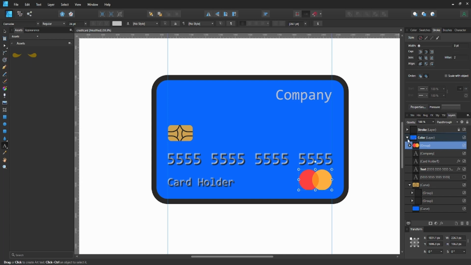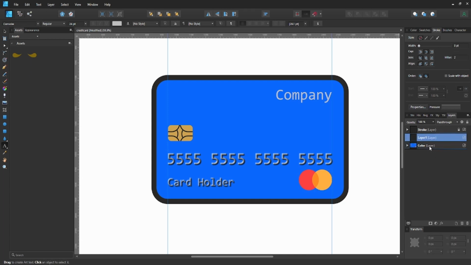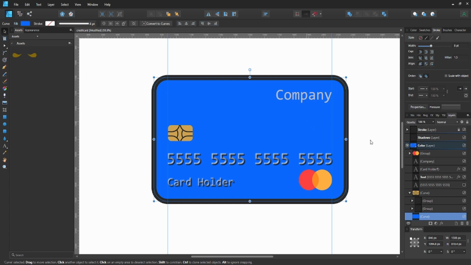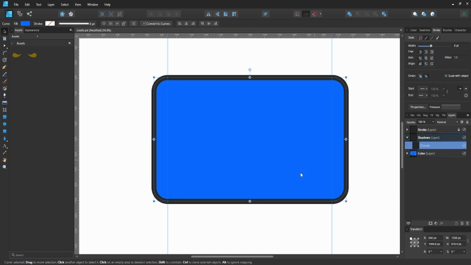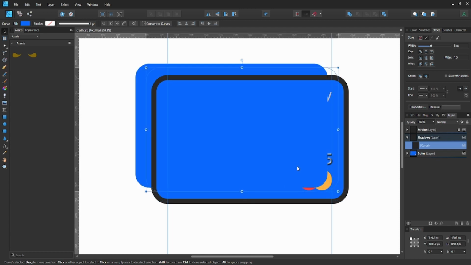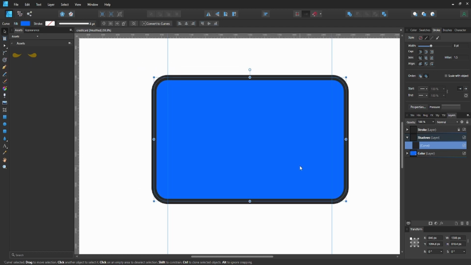create a whole new layer, and we'll call this layer shadow for our shadows. And now we're going to make shadows of our, we're going to create a shadow of the card. So we're going to grab our main card color and then copy it and duplicate it in our new layer, and then we're gonna duplicate it again, and then we just move it like so,